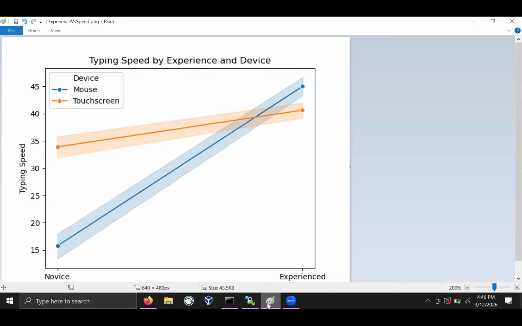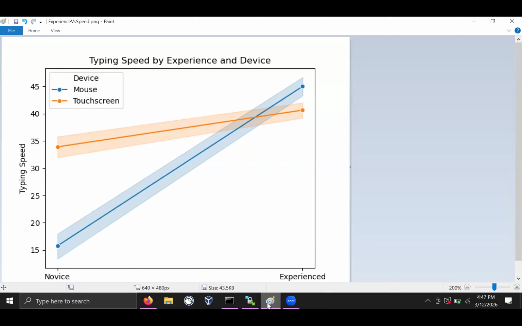And we can tell this because the slopes are different. So if they were the same, then the only difference would be the intercept between novice and experienced. I would say no, we could tell because the levels are different. What do you mean? So device is blue versus orange. Because orange is in a different place than blue on the y-axis. Yeah, that's what I mean, the intercepts. Oh, sorry, I thought you said slopes. I misheard. I agree with your characterization. My bad, sorry. So yes, there is an effect of device.